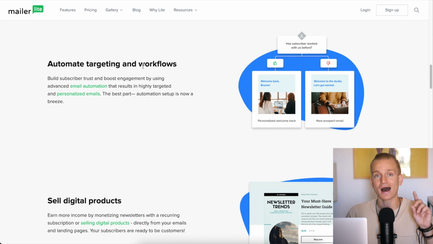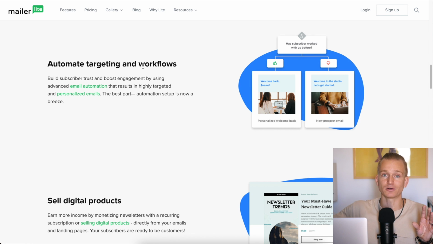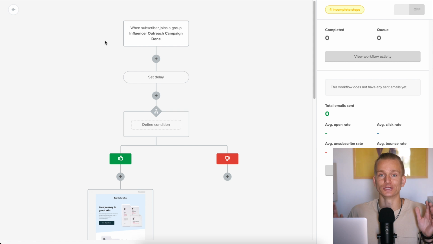The only reason why I suggest you also look into GetResponse and ActiveCampaign is because there are a couple of things that I think are very important that you unfortunately can't do with MailerLite. But if you compare MailerLite to all of the other softwares aside from GetResponse and ActiveCampaign, you will get all of the tools that all of the other email marketing softwares have, and you're going to get that for a much lower price. And I'm going to discuss pricing later as well, because there are some things to take note of with that also. So the first thing we want to look into, and this is probably the most important part when it comes to email marketing, is automations.